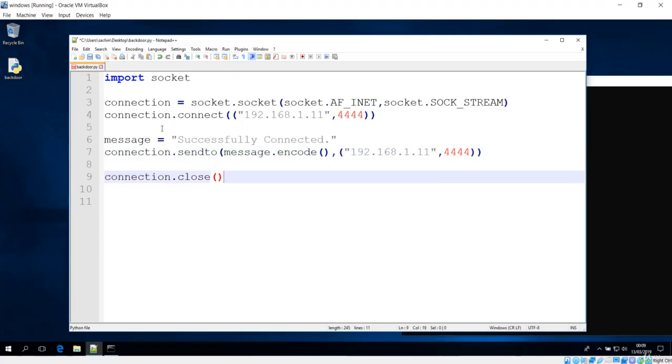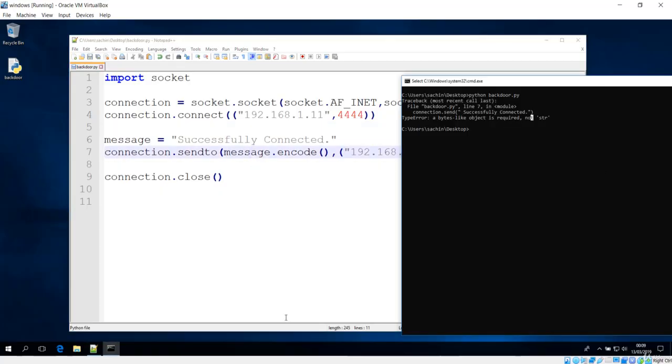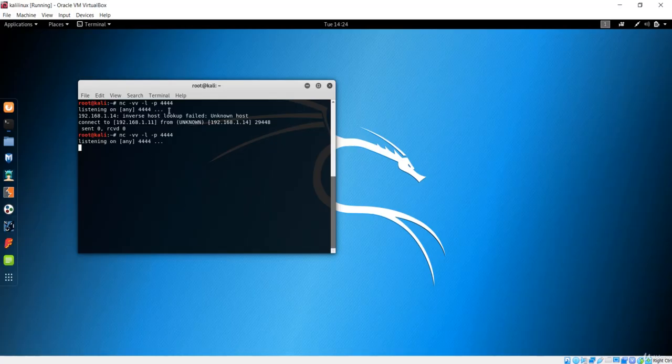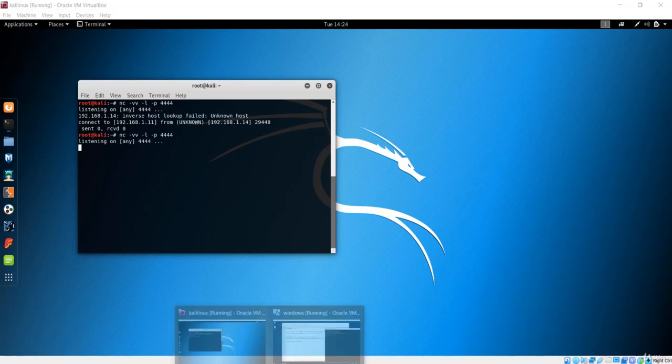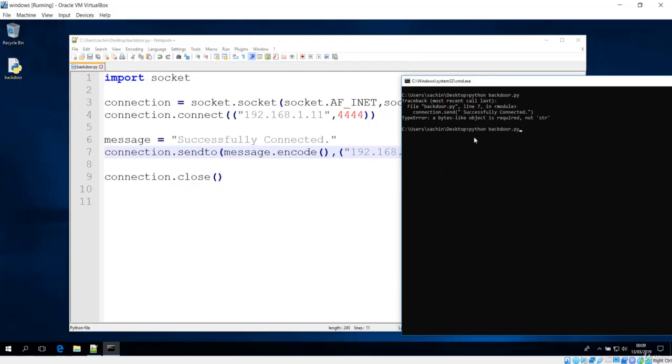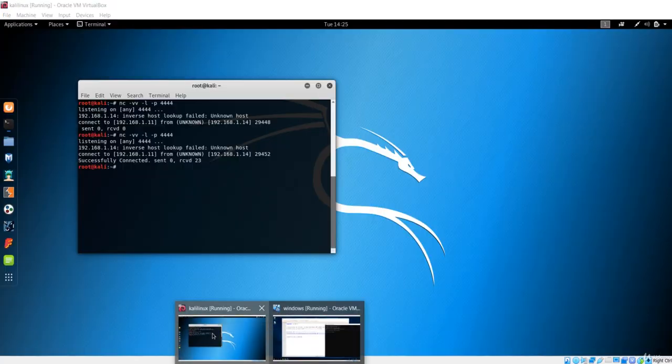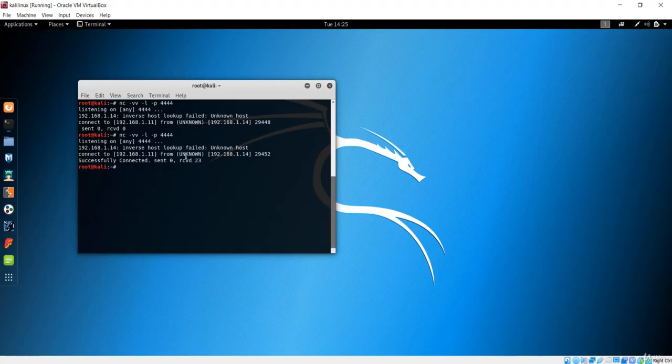So we have completed now. This is the new way of doing things in the case of Python version 3.5 or newer. So let me save this now. Let's go over here, make sure our server is listening to this same port. Let me run it one more time, saying python backdoor.py, which is the file on the desktop. That is not showing any error, and you could see